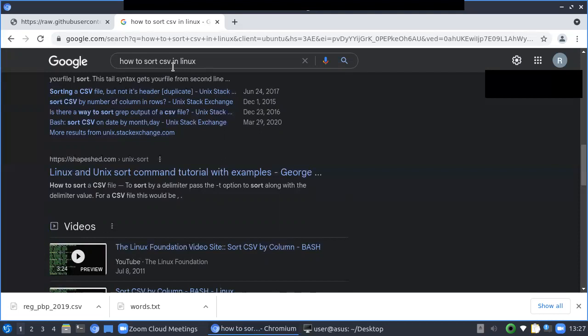Between this one and the next one, we're going to run sort. But for sort to work on a spreadsheet, on a CSV file, we have to tell the delimiter